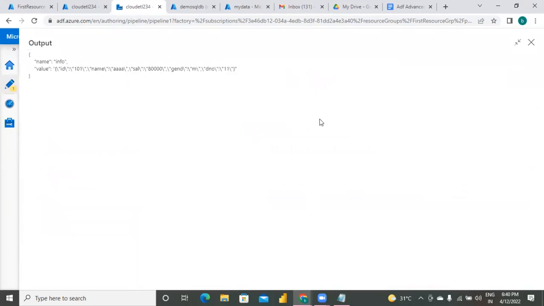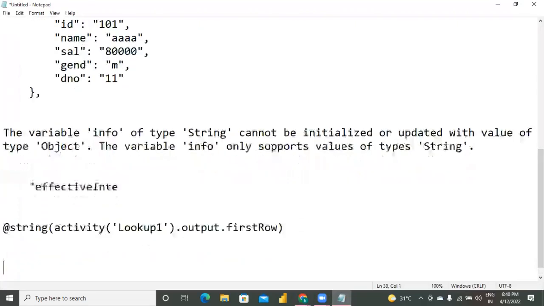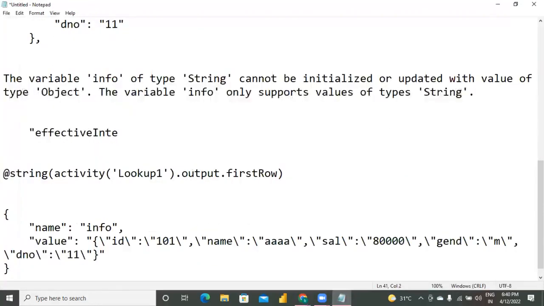Check the value. What is the field name? If you see this, you cannot understand. Just take it into bigger size, copying into notepad. Now tell me your observation. Name is info. Value